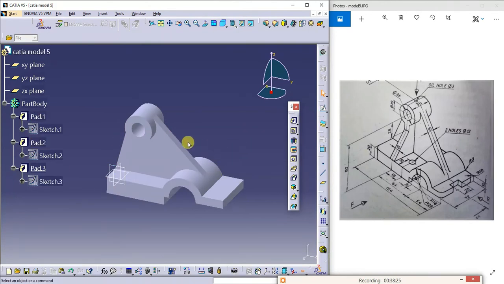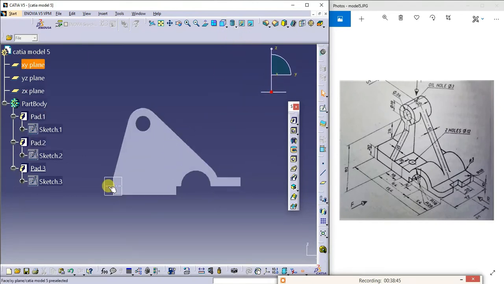Now, after creating this, I need to create this. So what I do, in order to create this, I try to create a plane. What I do, I try to shift this plane to this center of this. But how much here? So I'll try to create a plane here.